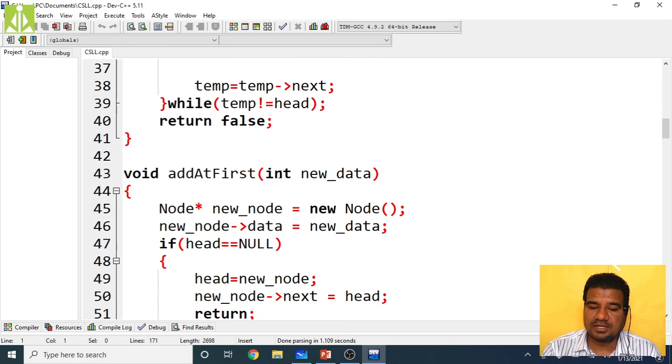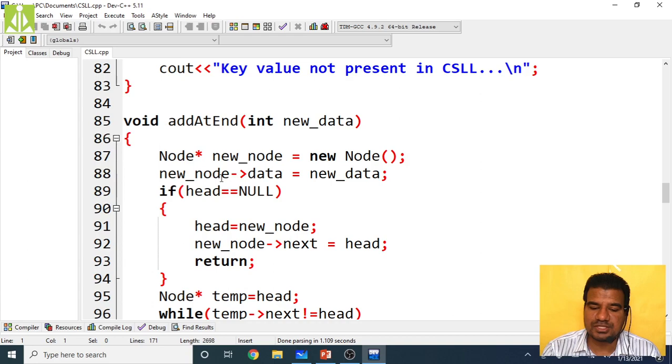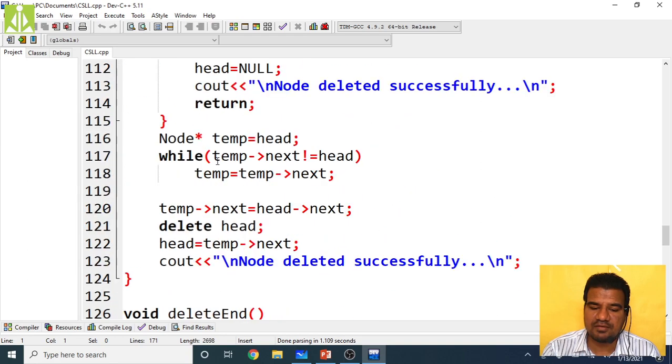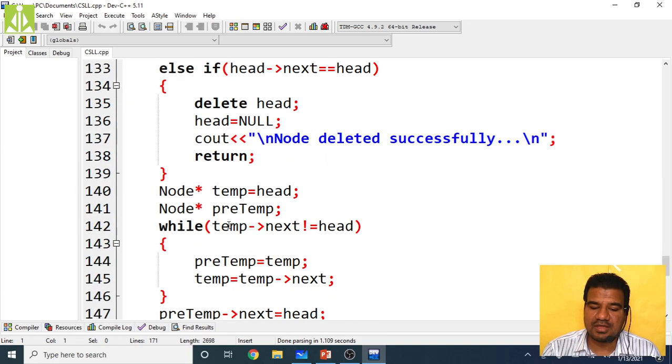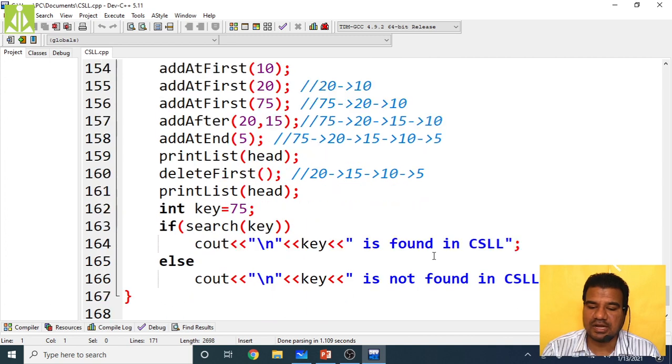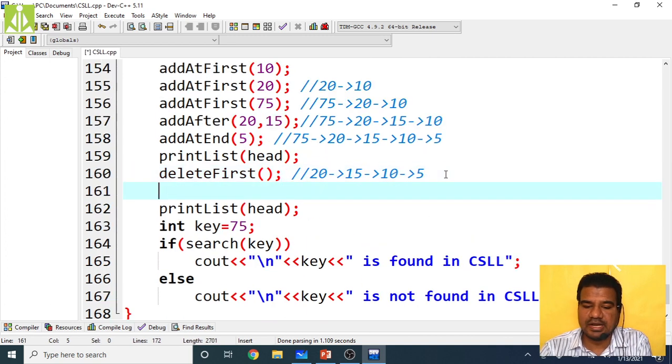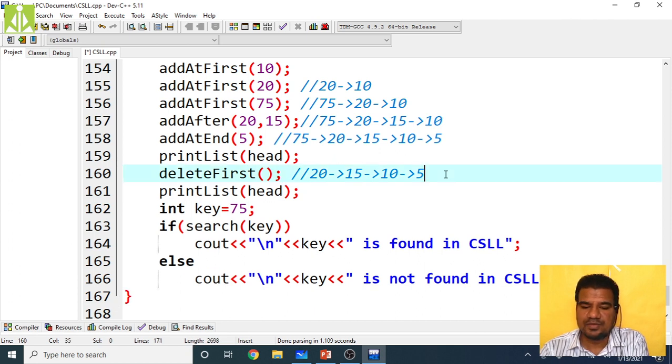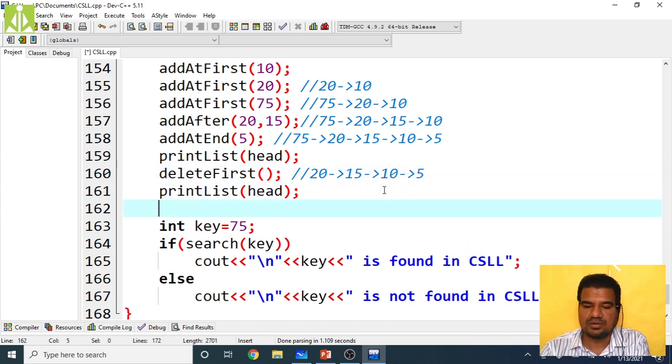So now we have written the delete operations we are performing. Delete first we have written, delete end we have written. So now I have to perform the delete end operation over here. Delete end means it should delete the last node. If I'm performing delete end, it should delete the last node.